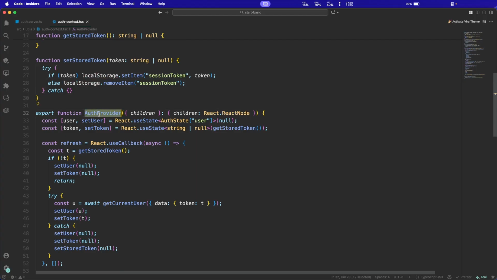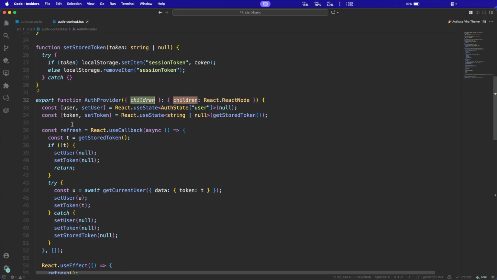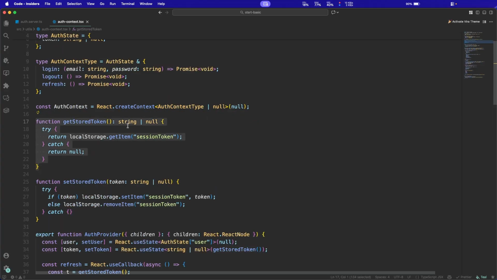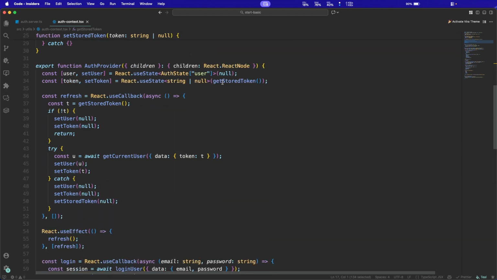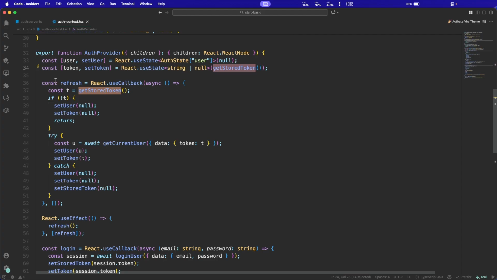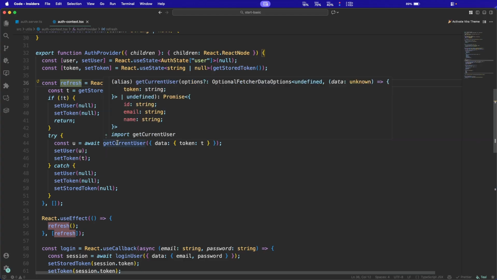And this is the provider. In this provider are the children and the user. We are getting the user, and the type will be the auth state, and the token we get from the server. We already implemented the auth token, right? Here is the function. Then the refresh, because immediately after login we need to refresh and redirect to the dashboard or any page we want. Okay, this is our server function,